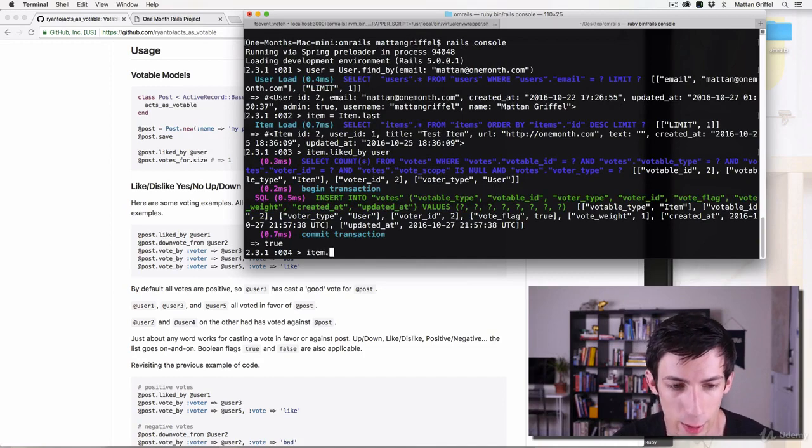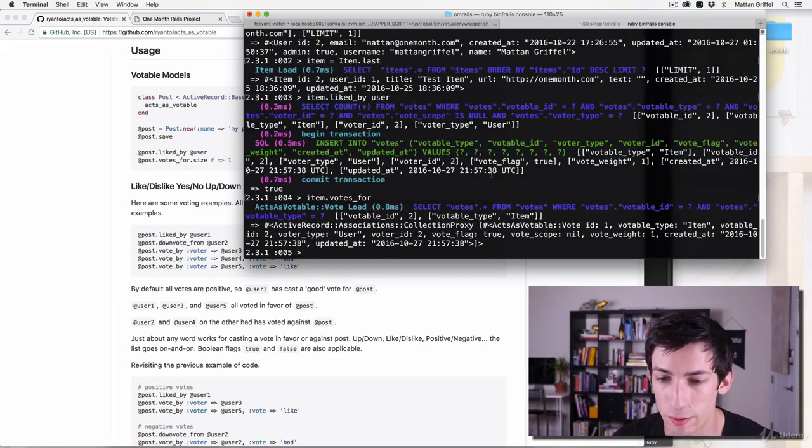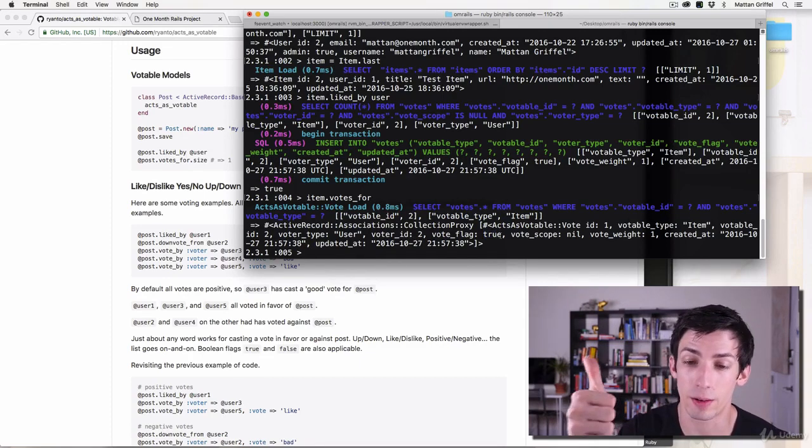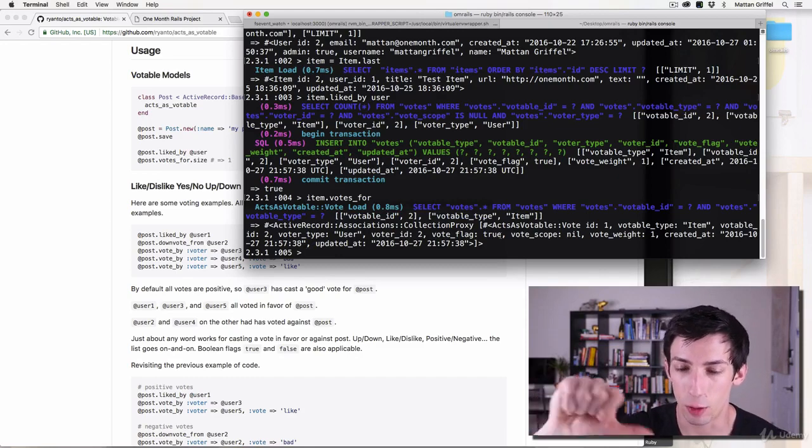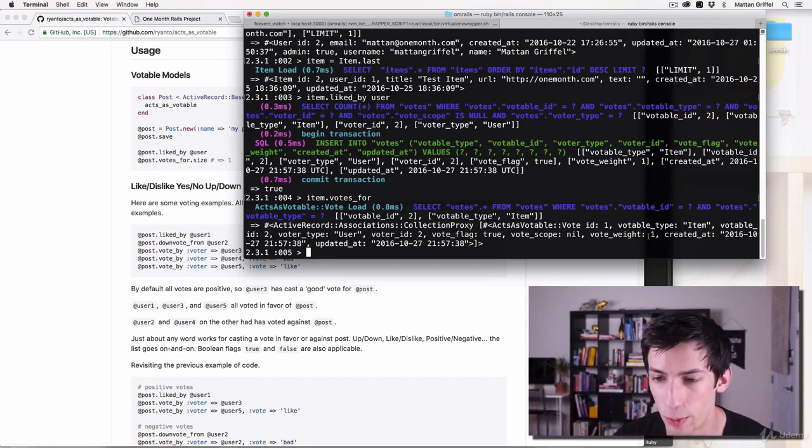So now if I have item and I look at the item.votes_for, I'll see that there's a vote in here for this item. And the vote has an ID of 1. The votable type is Item. The votable ID is 2, so it's the second item. The voter type is User and voter ID 2, so that identifies the user who did the voting. Vote flag true, that actually shows that it was a positive vote. If I downvoted this, that vote flag would be false. There's no scope, the weight is 1,